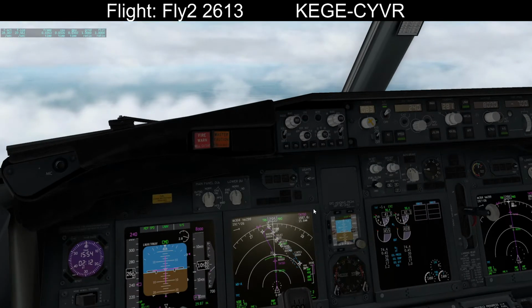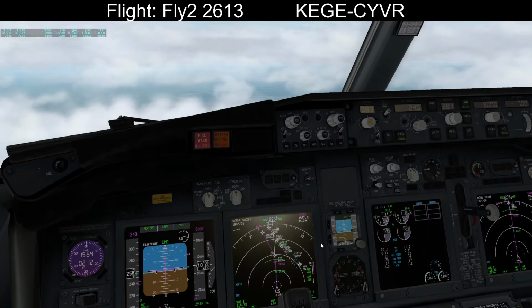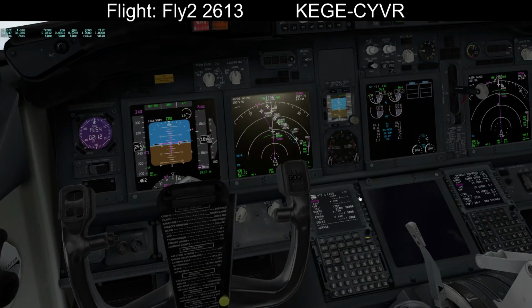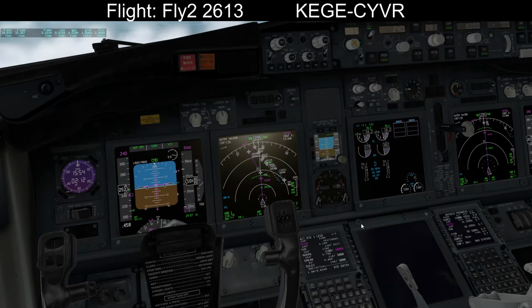Obviously this shallow descent is a good opportunity to slow the plane, so that's what we're using it for. And obviously we're not going to stick to the restriction now. It's Express 371, left heading 110 for the intercept, 3,000 till established. So even when I've deleted all restrictions, the plane is still keeping this same profile. 110, cleared the ILS 8 left, and